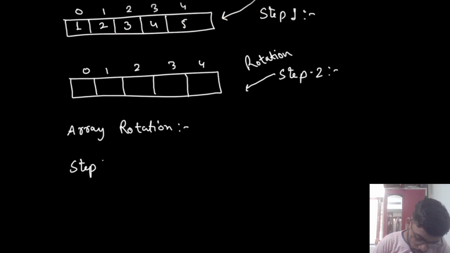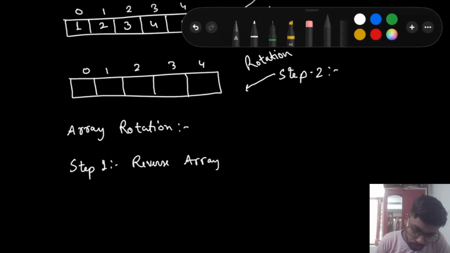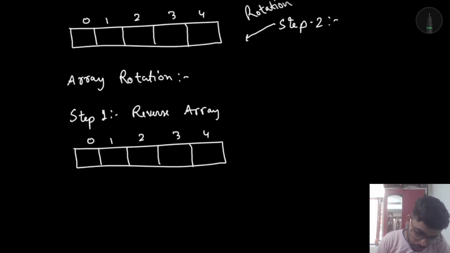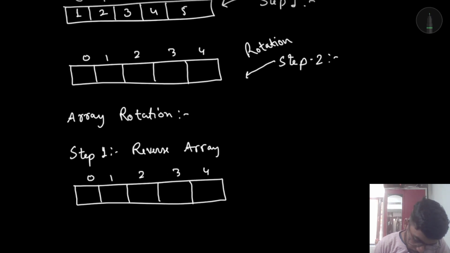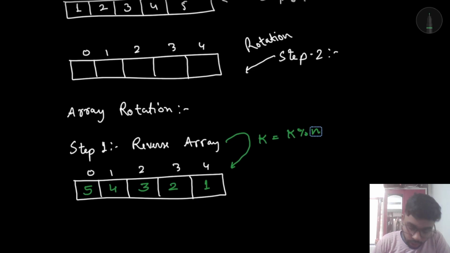Step 1 will be to reverse the array. Array reversal will make it 5, 4, 3, 2, 1. And I will make sure that k will be k modulus the size,